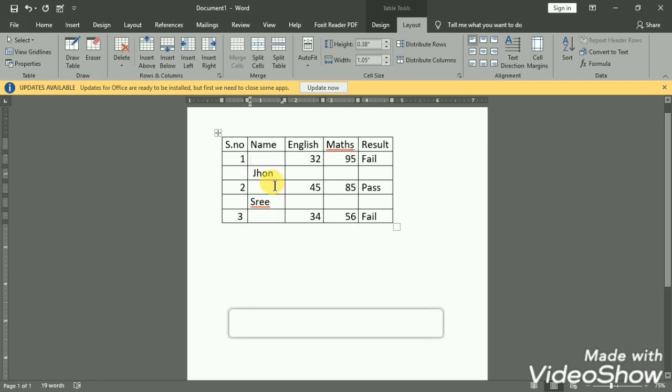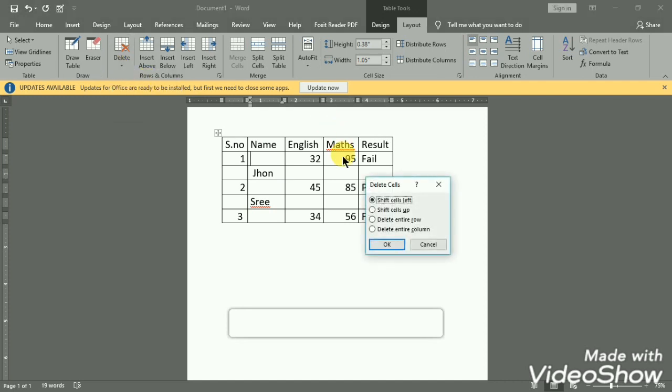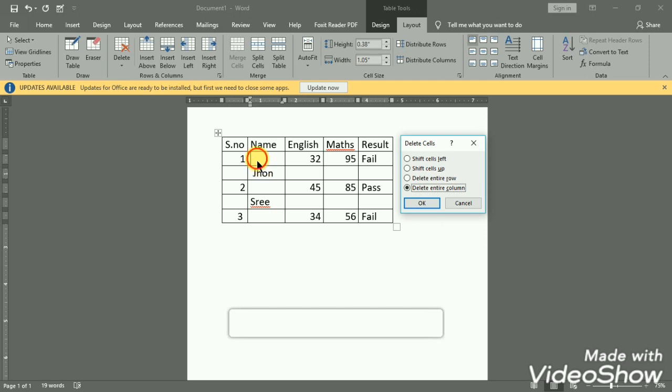And next, delete cells. Here we can delete an entire row and an entire column also. Whichever row you want to delete, you just place the cursor in that row and select delete entire row, so that the entire row will be deleted.